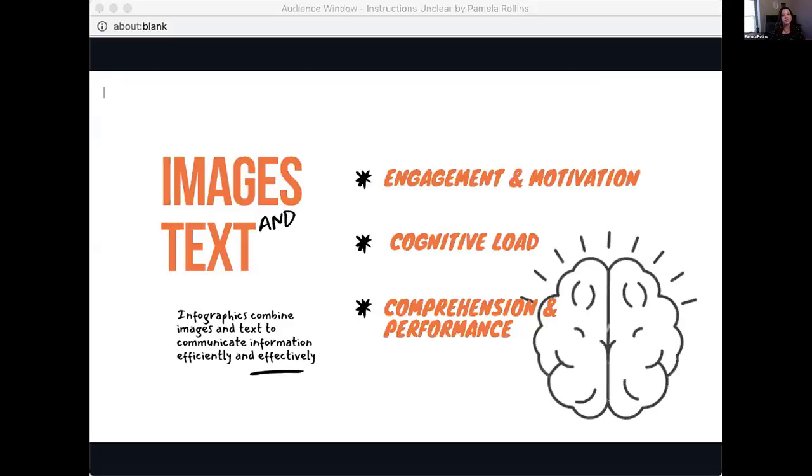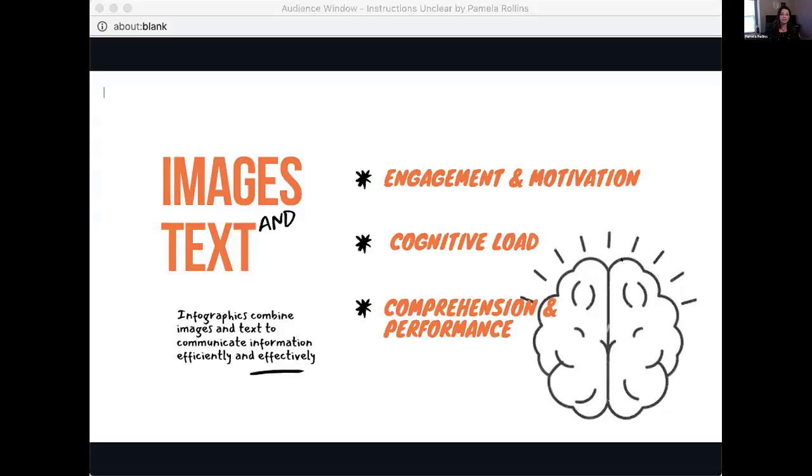And so I wanted to think about that in terms of my instructions, because I have always given them just in text, whether that be online or, when I taught in person, a printout, but typically everything's in Canvas and it's 100% text. When I looked at research for images and text, it's shown pretty consistently that this combination can engage students, which motivates them to continue reading, grabs their attention, and then they pay closer attention.